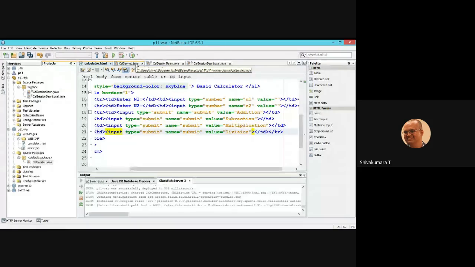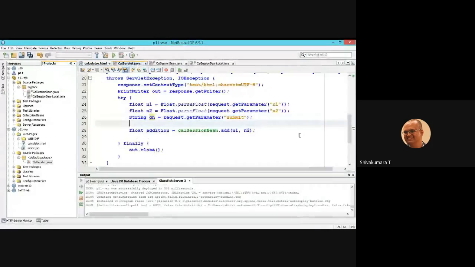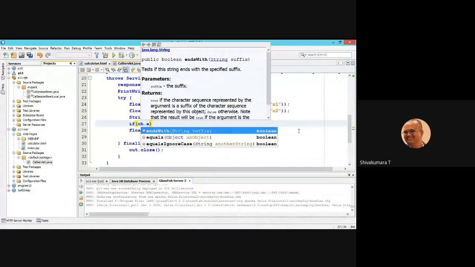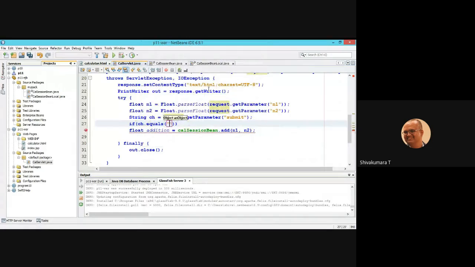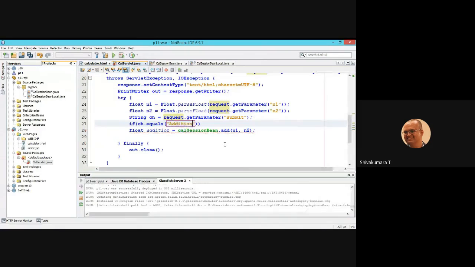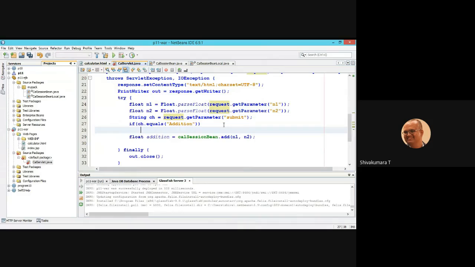Now come to the servlet. Now select if choice dot equals, the first condition is what? Addition. Do this addition and push this output, out dot println, into the browser.